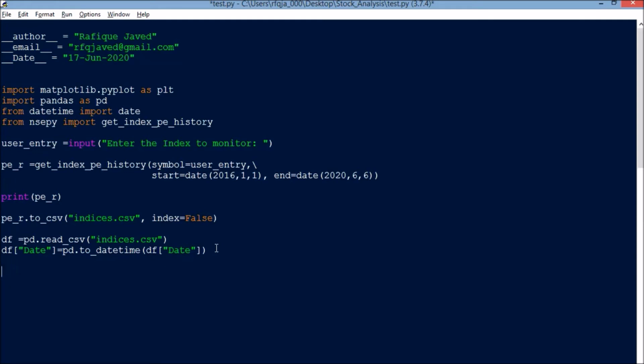Next, once this is done, now what I'm going to do is plot two charts. One is for PE and one will be for PB ratio. df.plot, what kind of chart? Kind equal to, I will be plotting a line chart. Okay, now x equal to, I need by date, comma y equal to, for this one we'll go with PE